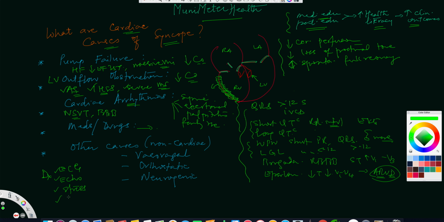A cardiac MR, I would say, is recommended only when you're suspecting, say, a Brugada syndrome, or you're suspecting ARVD, for instance, or you're suspecting some form of an IHSS or a cardiomyopathy, like an amyloidosis, etc., as a result of syncope. So you can order these various tests, but again, not all tests are required in all patients of syncope. Remember that. Now, medications and drugs.